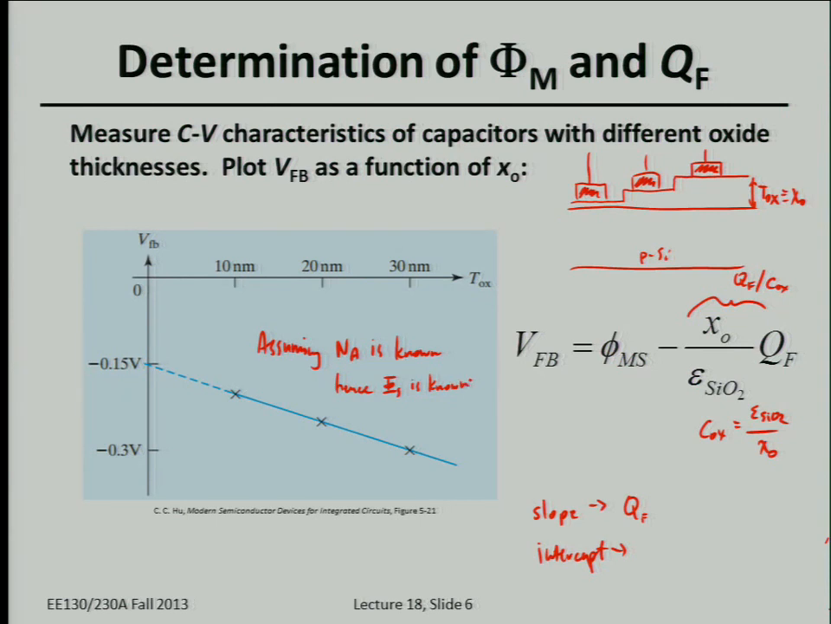Okay. So when X naught is 0, then the flat band voltage equals phi ms. So from the y-intercept, you find out what the gate work function is. Okay? Does that make sense? Okay, so these kinds of experiments were done